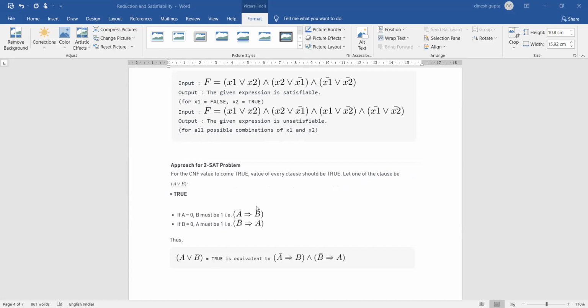ठीक है, and just like you can say the other one that we solved is 3SAT problem with the help of state space tree. The 2SAT problem can also be solved with the help of a graph, but we will not go into that. But there can be the edges for that, which we can draw. For the CNF value to come true, value of every clause should be true. ठीक है, अगर एक क्लॉज भी फॉल्स हो गया तो आपका ओवरऑल रिजल्ट फॉल्स होगा. तो हाउ डू वी डिनोट दैट? इफ a इज इक्वल्स टू 0 देन b मस्ट बी 1. a और b बताया है ना, अगर a 0 है तो b मस्ट बी 1, which can be denoted by